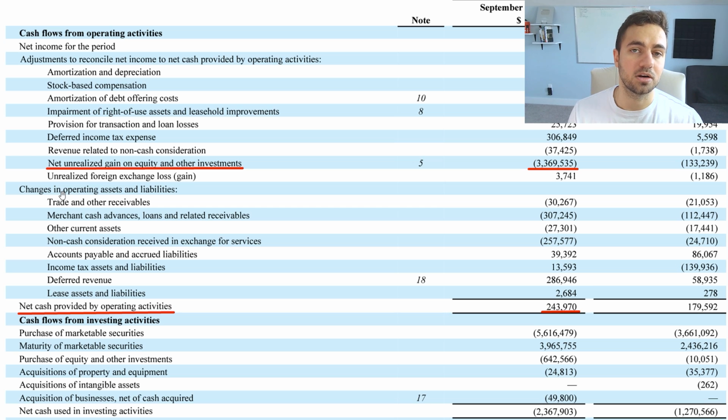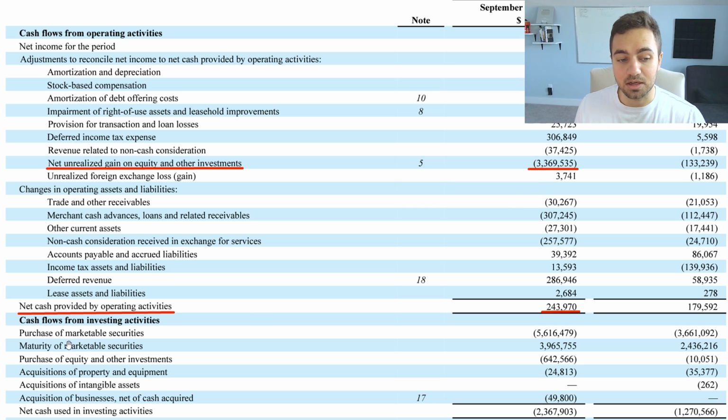Now remember, in our previous video, I clearly showed you that due to a change in accounting rules in 2018, businesses have to report unrealized gains or losses, essentially fluctuations to their investments, every single quarter as either net income or an expense against net income. That is exactly what we are seeing right here on the cash flow statement. So on the cash flow statement, we are removing that unrealized gain on those investments, which is reported on the